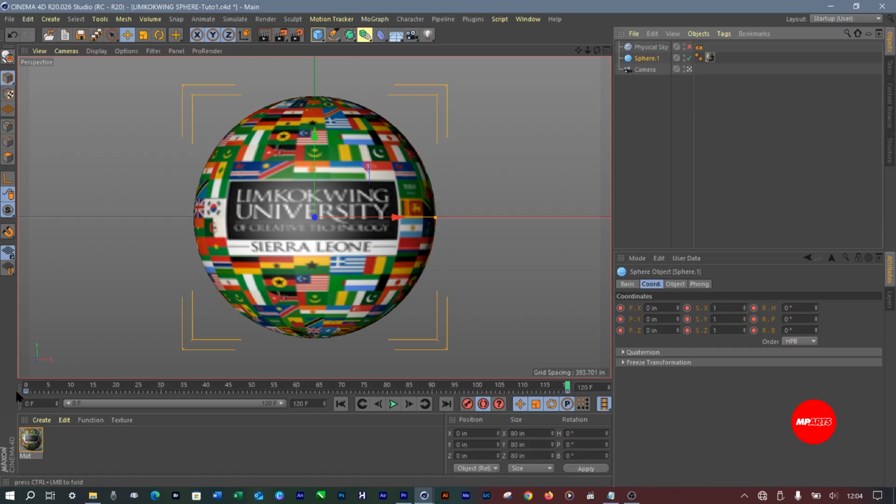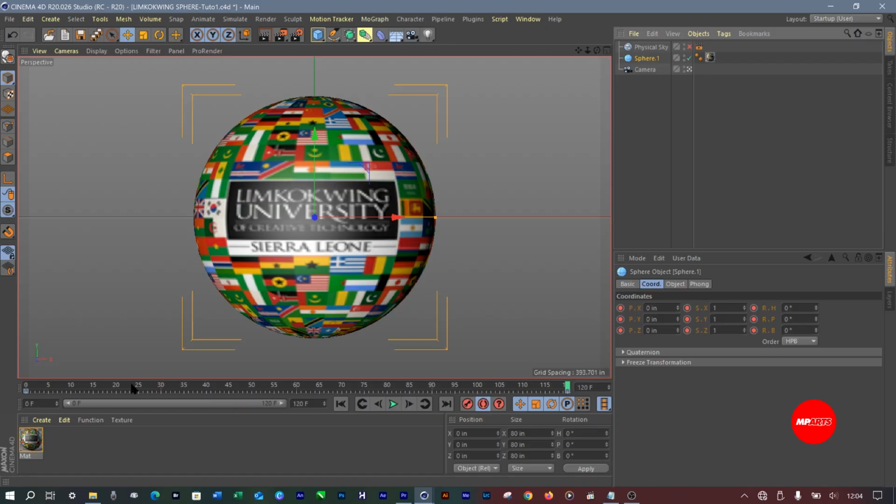But because there is a 1 frame here, we are going to minus 1 frame. Every time you want to make a circumference rotation, a complete rotation, always minus 1